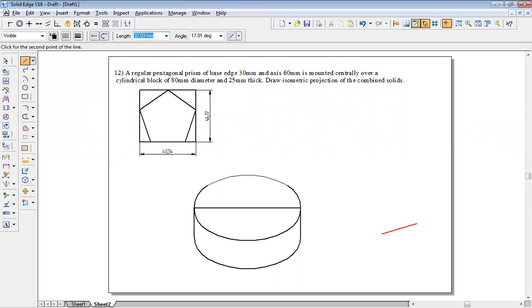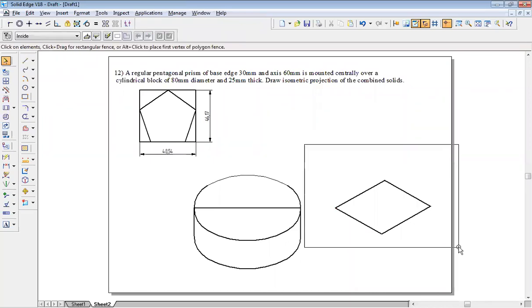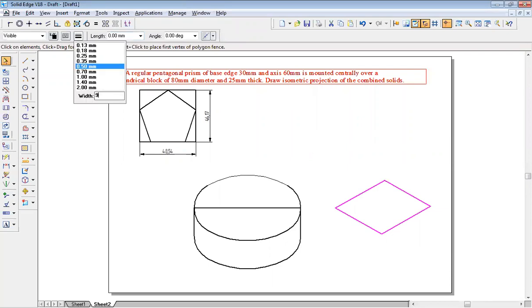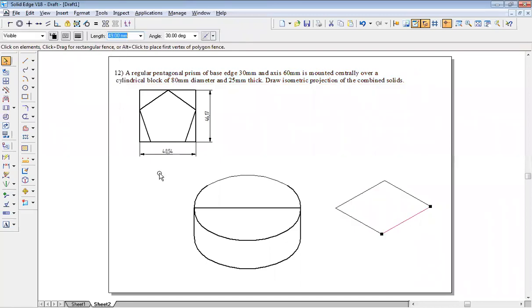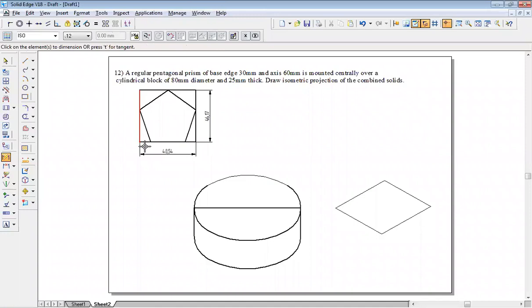So first is 49. So 49 angle 30, 46 angle 150, 49 angle minus 150. Then again last 46 angle minus 30. Okay. So on this line, let us reduce the thickness so that it will be easy for me to see the pentagon. 0.05. Right. So now this is 49. This is 46. This is again 49. This is again 46. Right. So on 49, I have 2 points of pentagon. One is this one at a distance of 9.27. This is also at a distance of 9.27.